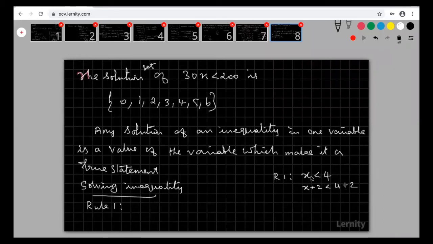Are you clear? Look at that. Here I am adding 2, and on the right hand side also adding 2. Both sides, you add any one common number or subtract any one common number. So this is my rule 1. Equal number, meaning the same number, may be added or subtracted from